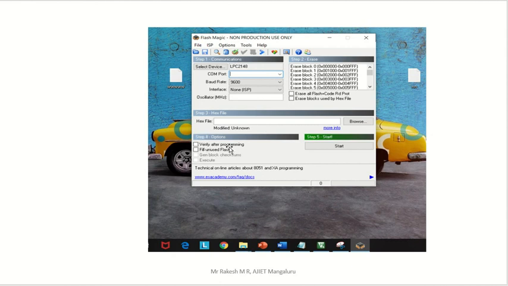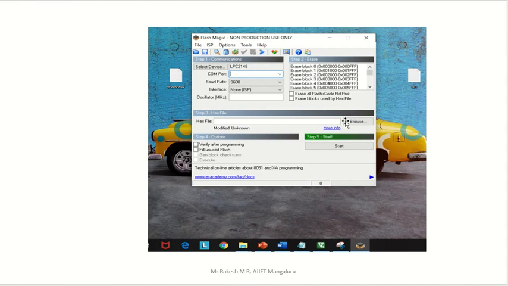Click on verify after programming, put the tick mark here, then click on browse. Browse opens another window where you can select a file from your computer.